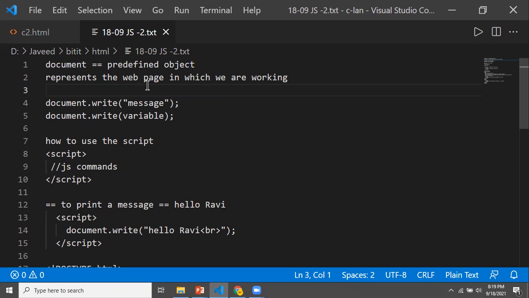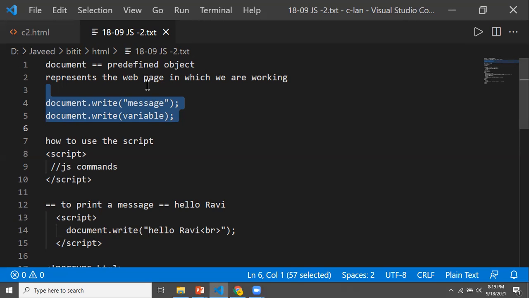Okay, we said we have one command called document.write. What is the use of that command? We use it whenever I want to print some message onto my web page. When you want some message to be displayed on your web page, you use document.write. Or if I have some variable and its value has to be printed onto the screen, then we use document.write without the double quotes. When I'm not putting things into double quotes, it will be taken as a variable name.